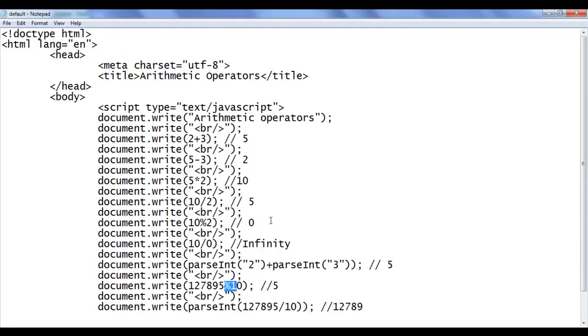You people need to understand these operators. They are very simple, they are very easy, but they are very powerful. They are used in many different situations, and many different problems you can solve by using these simple operators. I have given you here some special cases about the division operator, the mod operator, the parse int function, and the plus operator, and how they are useful. Later we start developing some useful applications and you understand how these operators are useful to solve complex problems.